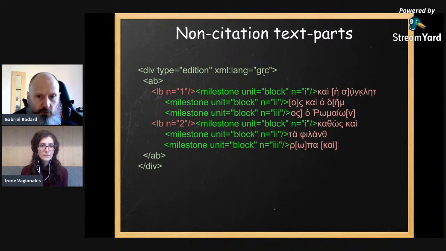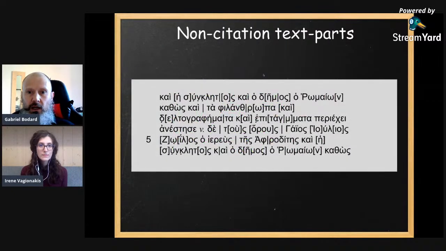And we could continue for all of the lines. I've only given the first 2 lines for this example, primarily because, as I said, it's a fictional example. This enables us to print the text, for example, still as a running continuous text, but if you look closely in the middle of the word synkletos, we've printed the vertical line to show where the block break is. This is if you think your reader will be interested in that information, you can give them that information by